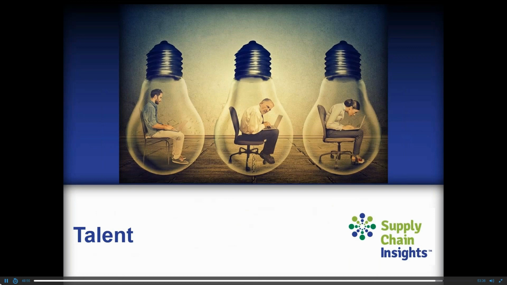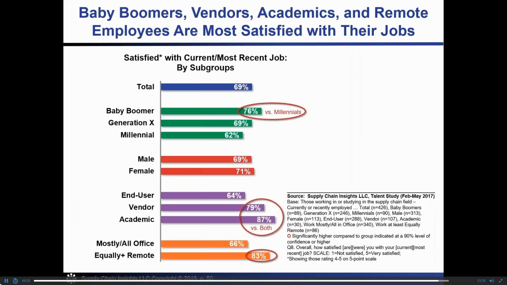Now, when we think about tools, we can't forget about people, and let's just kind of look at this, right? A lot of times demand planners sit in cubes and they don't feel very loved. And we've got some senior leaders that may be getting ready to retire, and we've got millennials that really wonder, why are our systems so hard? And when we look at satisfaction, the most satisfied people are vendors and academics. Our end users are the least satisfied, and our millennials are also not very satisfied, and that's because we don't necessarily have systems that fit them very well.